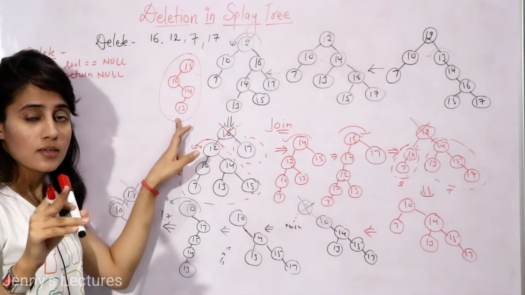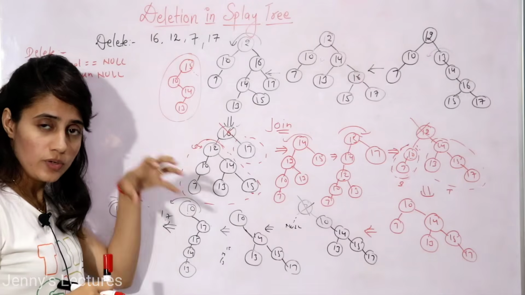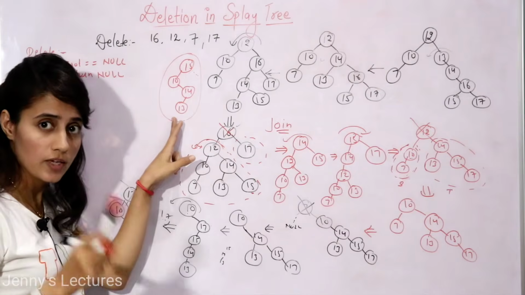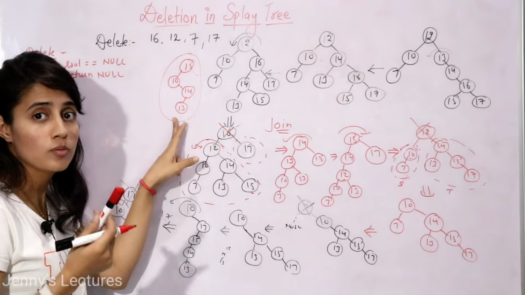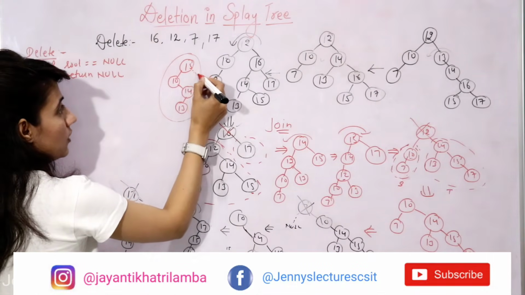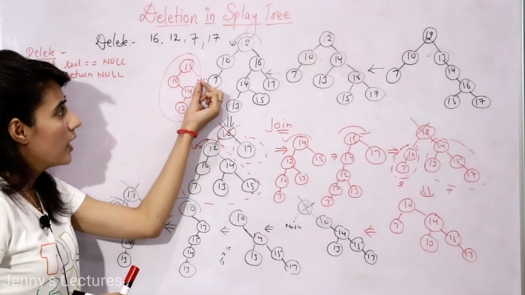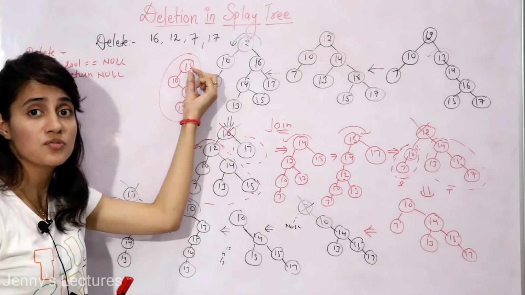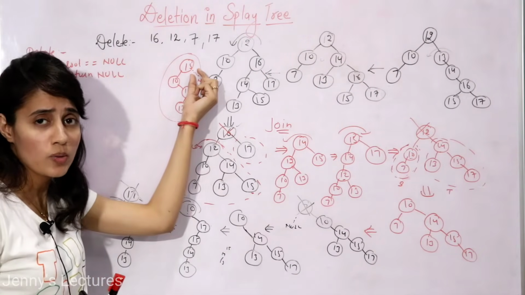In that case, you will not leave this tree as it is. If you searched for an item and it is not present in this splay tree, you still need to perform a splay operation. On which data do you need to perform the splay? Suppose I want to delete 20: greater than 15, but here we have null. Before reaching null, the last accessed non-null element is 15. So you will splay this 15, but in this case 15 is already the root, so no splaying is needed and the tree stays as it is.